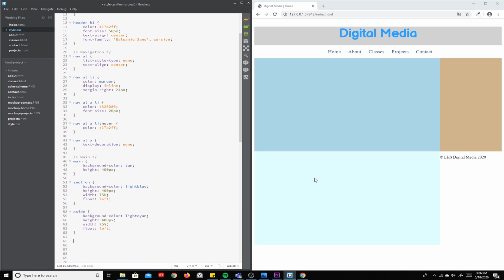And you can see it's down here below it instead of next to it, and that's because the width of each of them is 75, and that's more than 100%. So as long as we change this one to 25, it now totals 100, and they will float up next to each other. The last thing that we'll need to do is format the footer, and then we can start